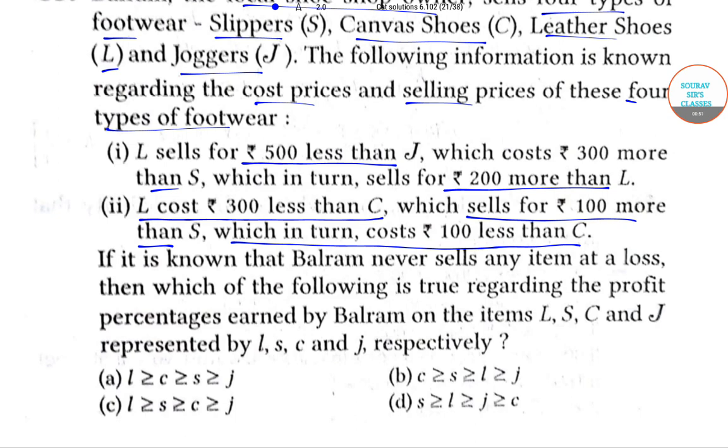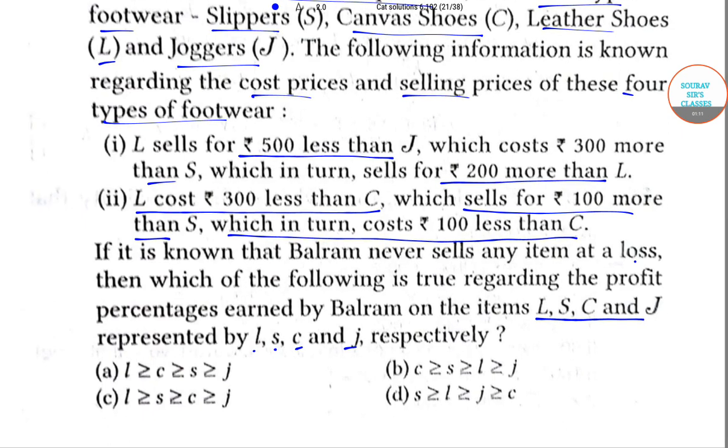If it is known that Balram never sells any item at a loss, then which of the following is true regarding the profit percentages earned by Balram on the items L, S, C and J, represented by small l, small s, small c and small j respectively? Now,